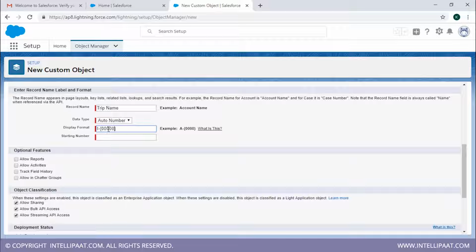It just means that it's going to be in thousands something. Next, we have the starting number. For the starting number, we can have 1, 10, 100, 1000, anything. Let's have 1 over here. Next, we have